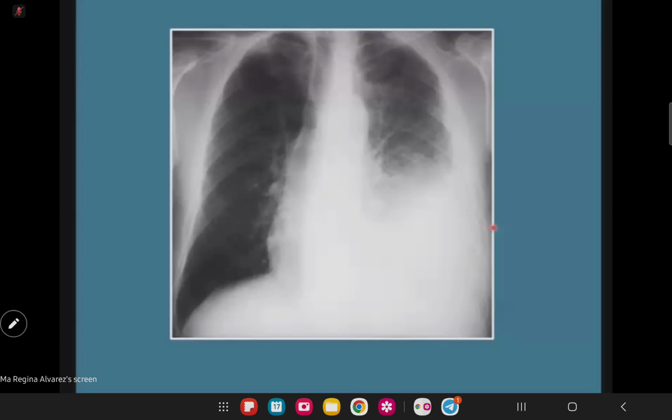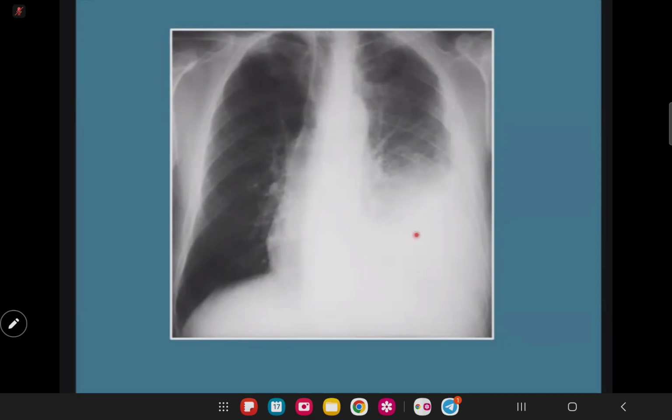So take note, opacification. Puti man gihapon na. So maybe in the left lower lobes, partially on the left upper. And then there would be shifting of the mediastinal structure to where? To the opposite side. Kaya diba, makita yung heart, na-push siya sa opposite. So you are sure that there is something there that is pushing your heart to the opposite side.